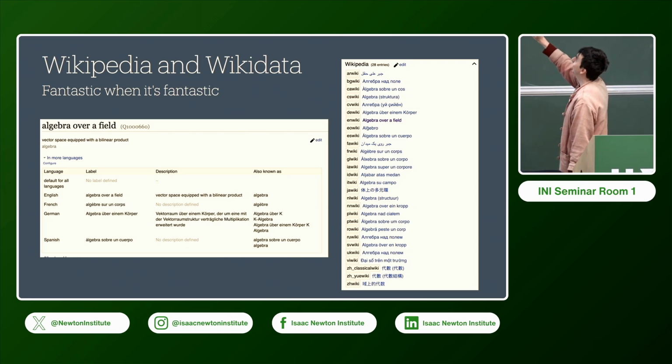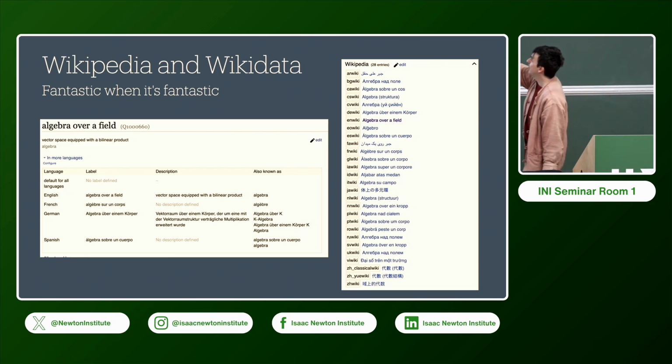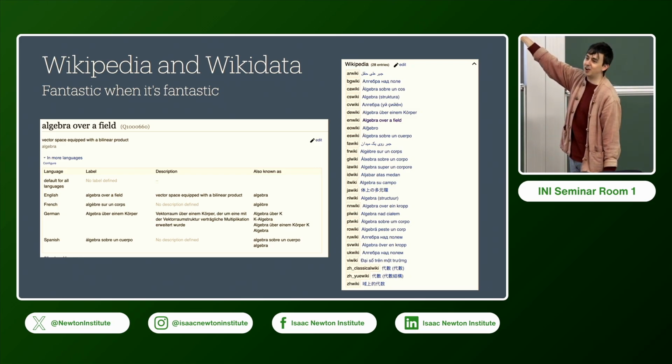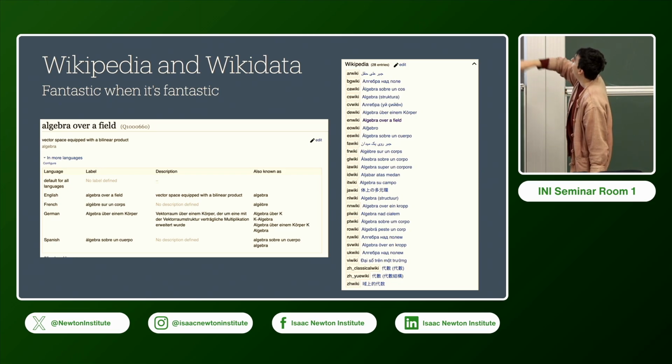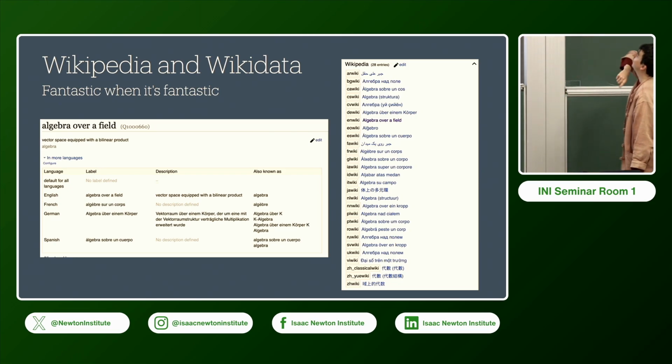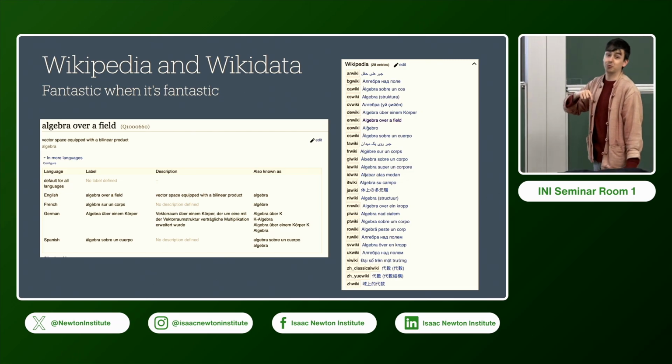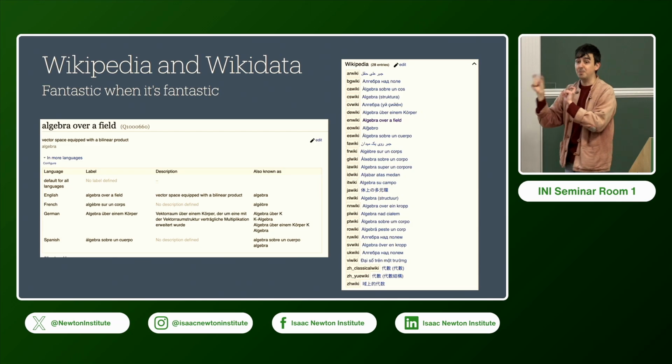One thing which is immediately obvious, or maybe immediately obvious, is all of these things are not translations of one another. For example, I don't speak Dutch, but I'm pretty sure that in the NL wiki, parentheses are not a direct translation of the English word algebra. The translation does not have parentheses in it. And the same for CS and for CV. I don't believe these parentheses are part of it. And I can guess that maybe structure means structure. So I'm guessing this means it's a disambiguation page.